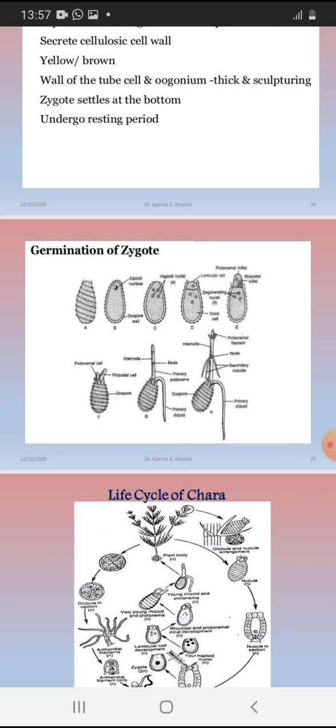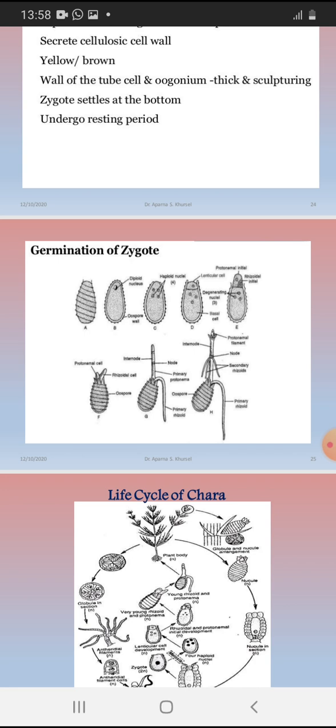Now, out of these 4 haploid nucleus, one nucleus is shifted towards the apex and the remaining 3 daughter haploid nucleus shifted towards the base of oospore. Now, these 3 haploid nucleus degenerate